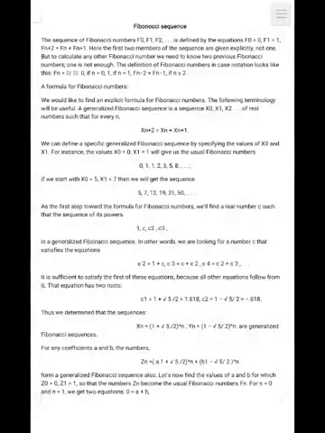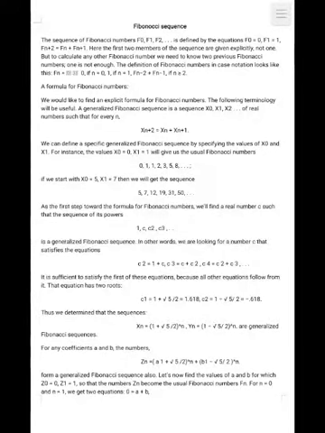The following terminology will be used to generalize the Fibonacci sequence: the sequence x0, x1, x2, x3 of real numbers such that x(n+2) is equal to x(n+1) plus x(n). We can define a specific generalized Fibonacci sequence by specifying the values of x0 and x1. For instance, x0 is equal to 0, x1 is equal to 1 will give us the usual Fibonacci numbers